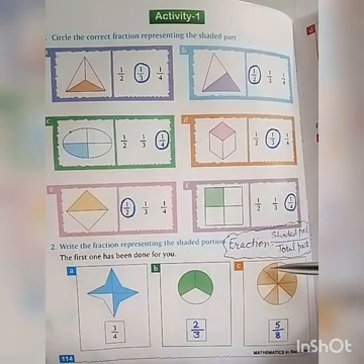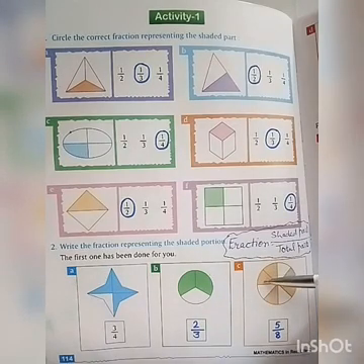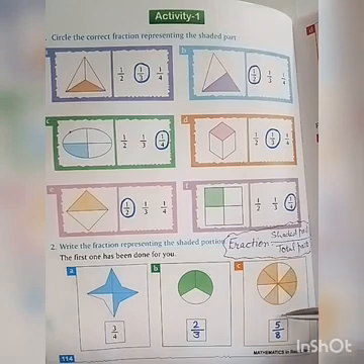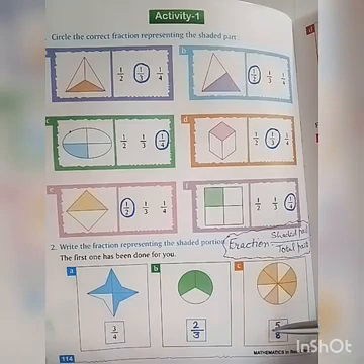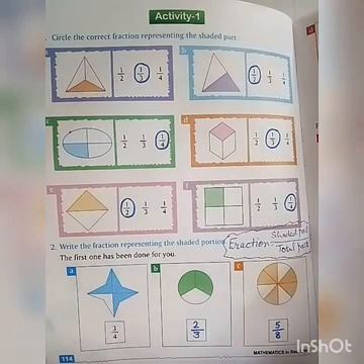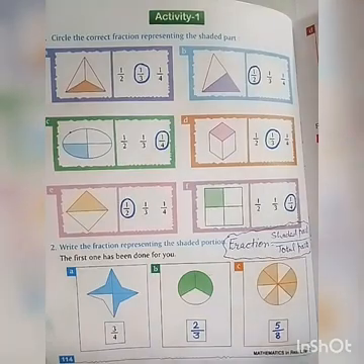In the next question, how many parts are shaded? 1, 2, 3, 4 and 5. 5 parts are shaded. And total parts: 1, 2, 3, 4, 5, 6, 7, 8. And 8 are total parts. We will write down the fraction in the form of 5/8. Students, D, E, F parts are given on the next page and you will do them yourself.